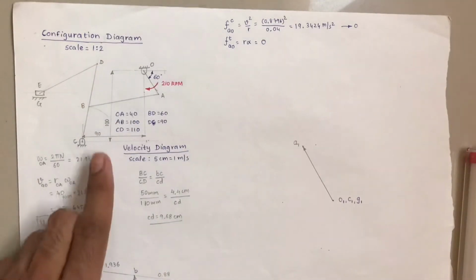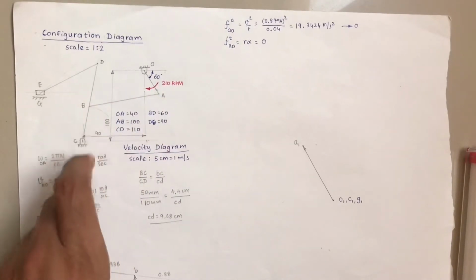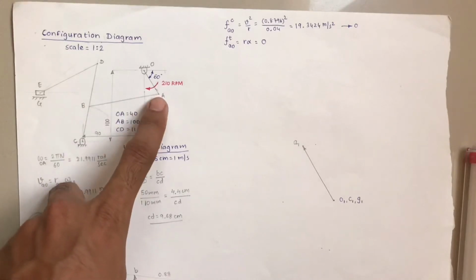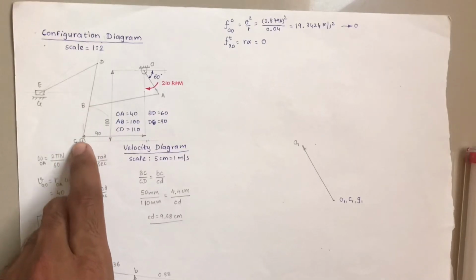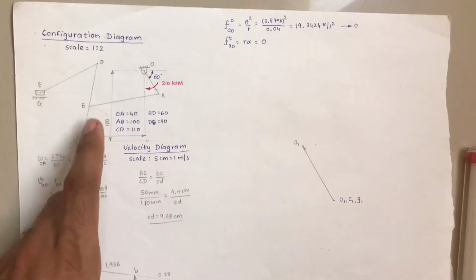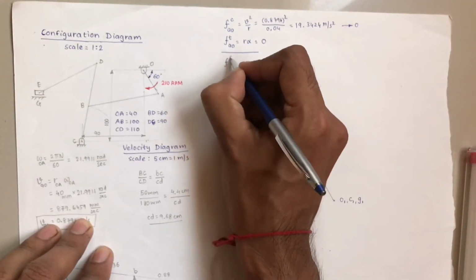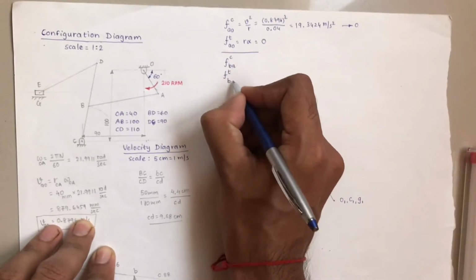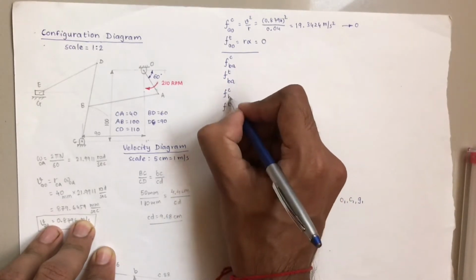Now the same as in the configuration, after the A point we defined the B point by keeping the AB arc and CB arc. So here also we will follow the same procedure. Draw acceleration lines, meaning the centripetal and tangential components of AB and the centripetal and tangential components of BC. The intersection will be the B point. So let us do the calculation first: the centripetal and tangential components of B with respect to A, and the centripetal and tangential components of B with respect to C.